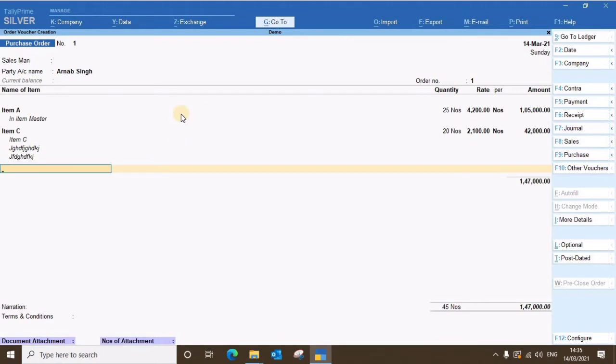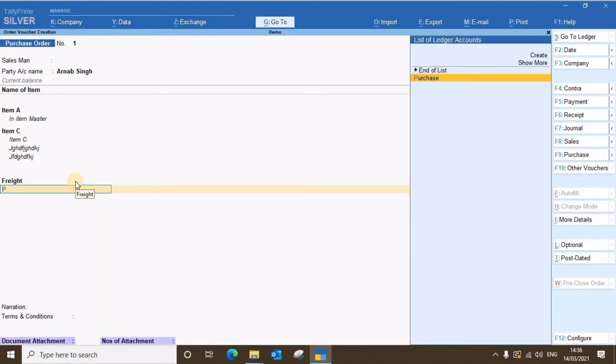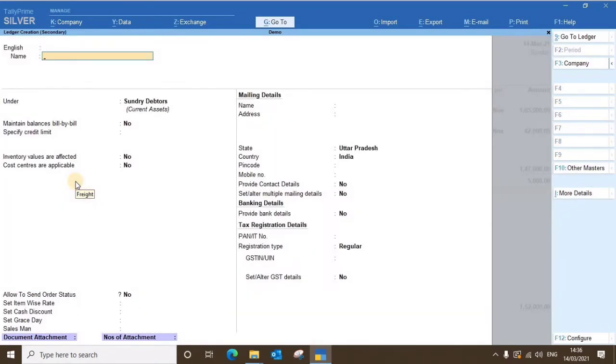Now below this line, I can give additional costs like freight, packing charge, GST, all these things. See that friends, below this line I will select other expenses like freight charges, insurance charges, freight, GST, all these things. For example, I will select freight, suppose freight is 2000, 5000. Like packing charges, if packing charge is not available, I will just create it with Alt C.